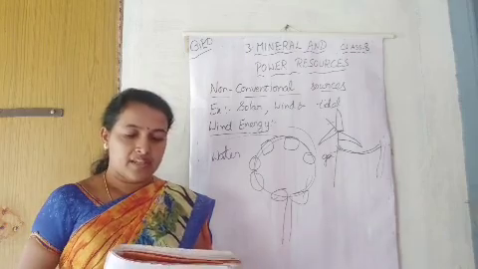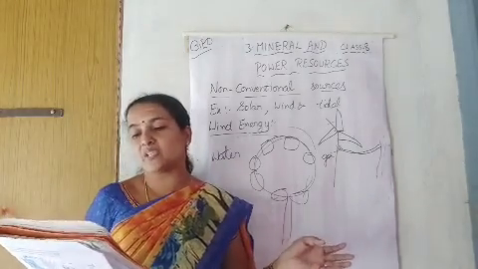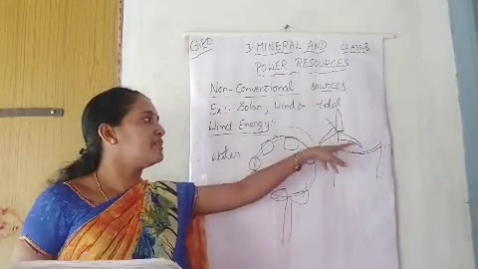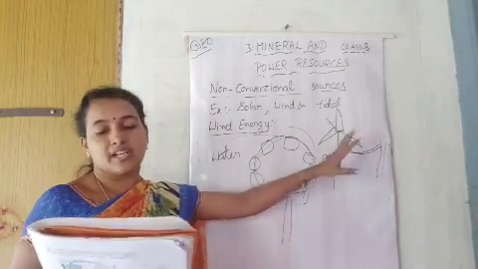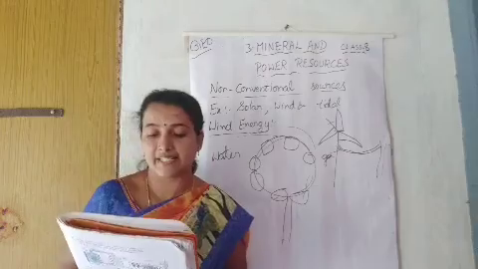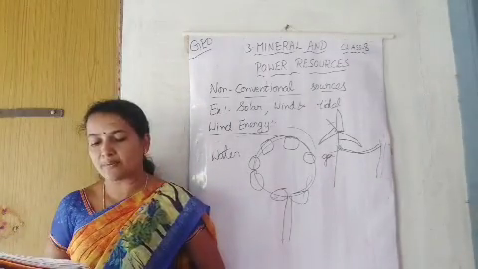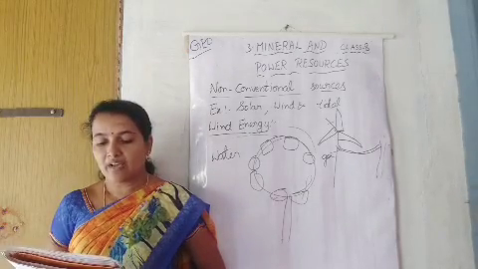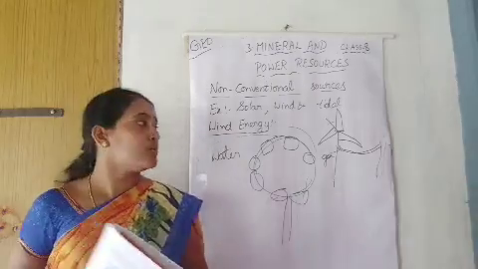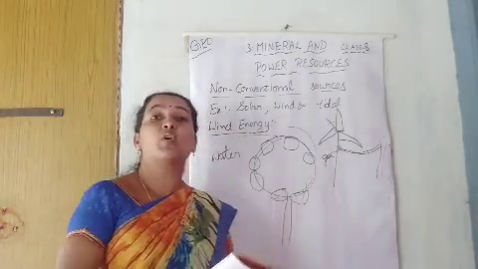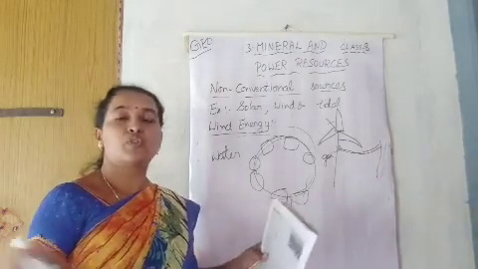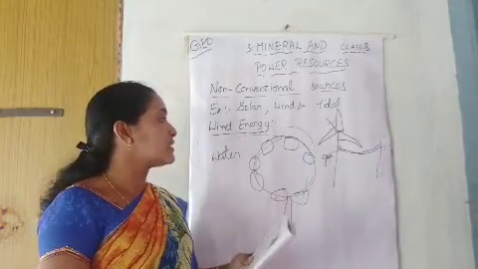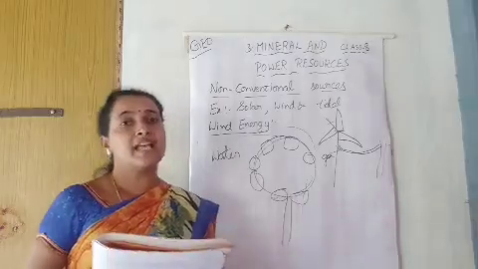In modern times, the high speed winds rotate the windmill which is connected to a generator to produce electricity. So these fans will be connected to a generator to produce electricity. Wind farms having clusters of such windmills are located in coastal regions and in mountain passes where strong and steady winds blow. So on the hilly areas and at the same time coastal areas. Coastal areas means the sea shores. So much wind will come there. So in those places also, if they fix windmills they can produce electricity.